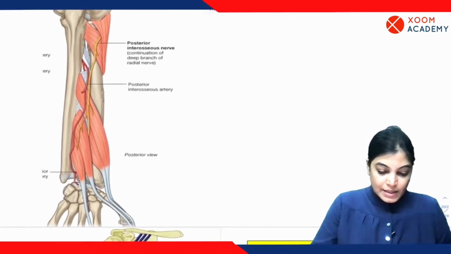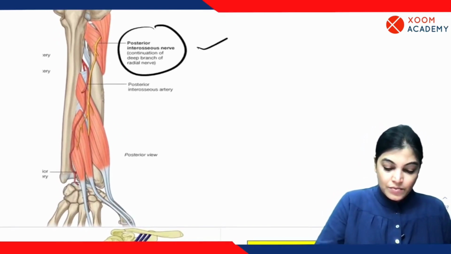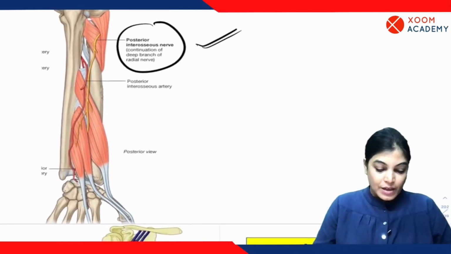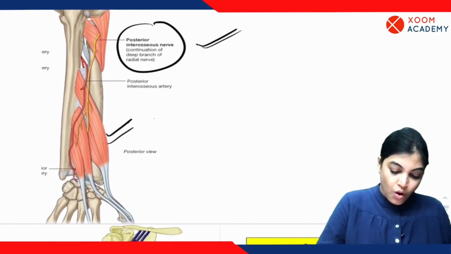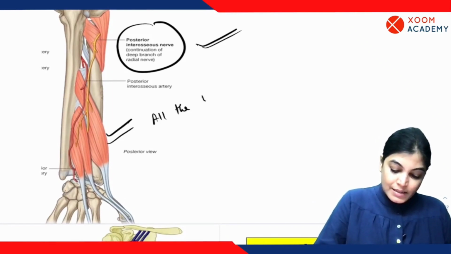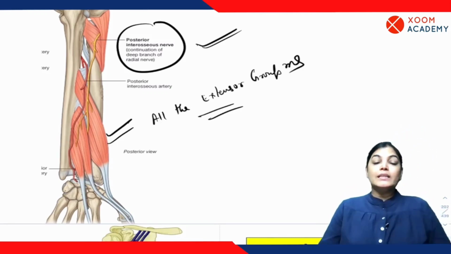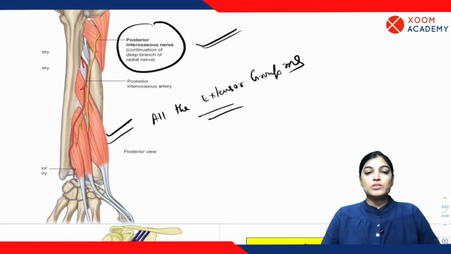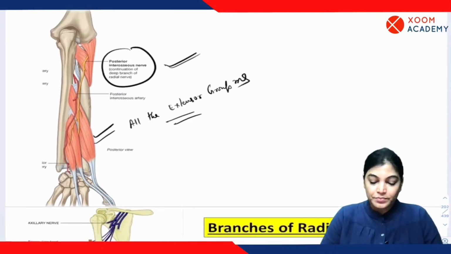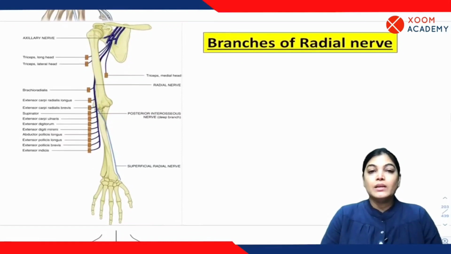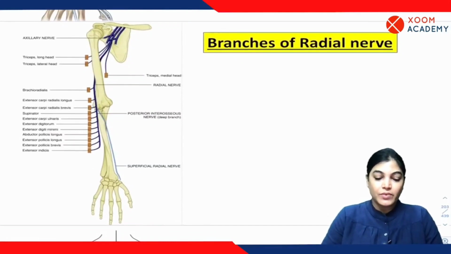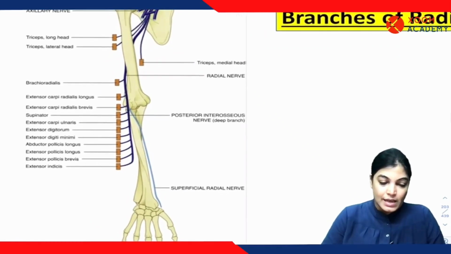You can clearly see here, this is the posterior interosseous nerve, the continuation of the radial nerve, which will give innervation to all the extensor group of muscles. All extensor group of muscles are innervated by the deep branch of the radial nerve, that is the posterior interosseous nerve. Now in this diagram, the summary of all the muscles getting innervation by the radial nerve has been shown. So you can clearly see it is giving innervation